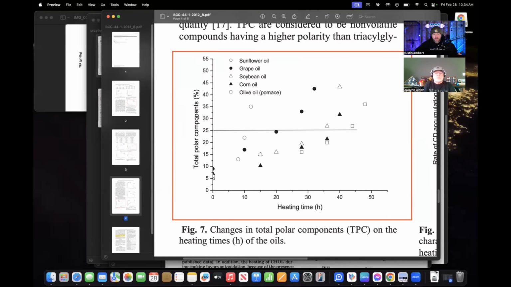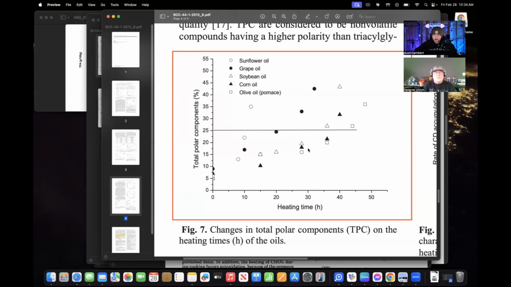And so this is looking at the change of certain molecules to other molecules. In Europe and other countries, this is actually a looked-at thing. They actually have a cap at about 25%. So once the total polar components within a fat or oil reaches 25%, by European standards, you can't use that